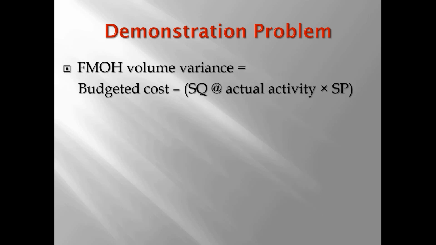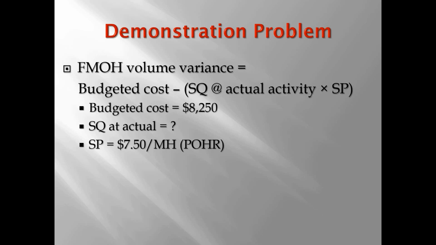The formula for the fixed manufacturing overhead volume variance is the difference between the budgeted costs and the amount allocated, which is the standard quantity of the allocation base that the firm would expect to use at the actual level of activity times the standard price. We know the budgeted cost because that was given, and we just figured out the standard price. That's the predetermined overhead rate,